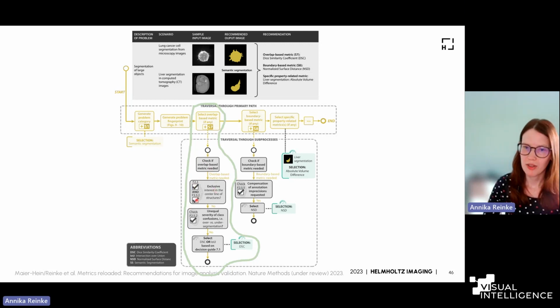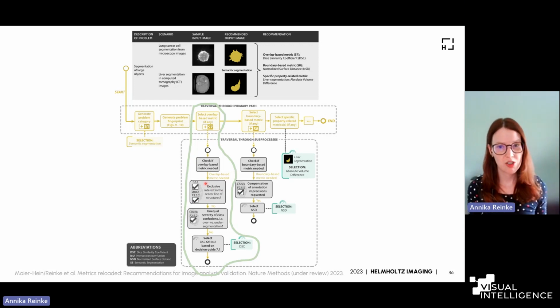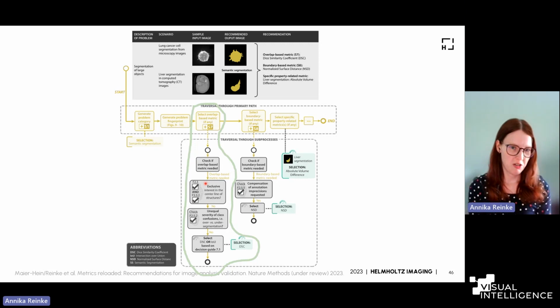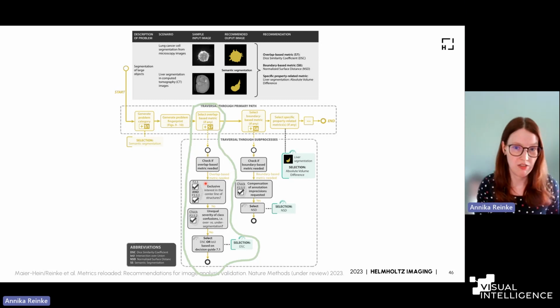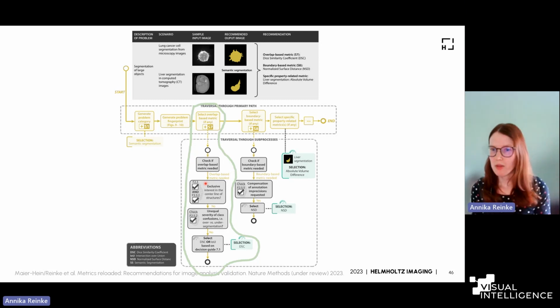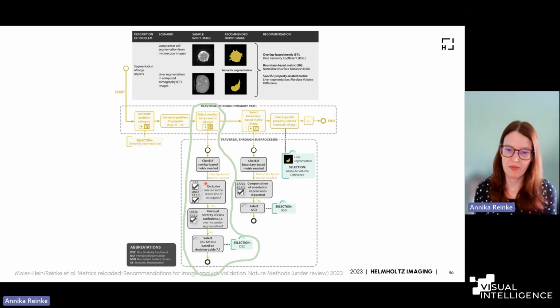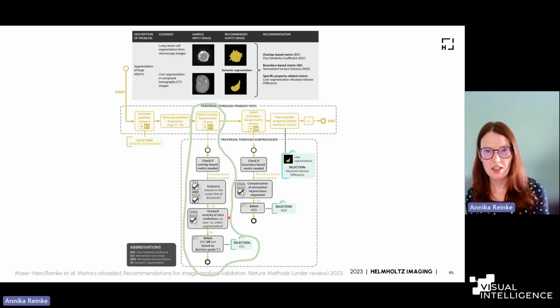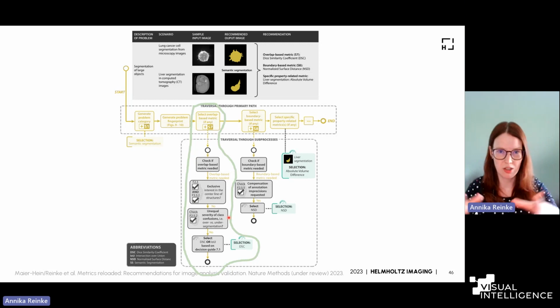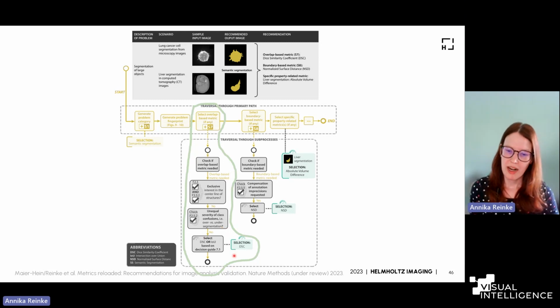And then we're going through the different questions of the fingerprint. So for example, are we exclusively interested in the center line of structures, which would not be the case in our large object segmentation case. But for example, if you're looking at airway trees or trees in general, or vessels or something like this, then it would be beneficial to only look at the center line. Do we have an unequal severity of over-segmentation versus under-segmentation? So whether we're segmenting always a bit too much or too small amounts of the segmentation, which is not the case for our example. And then we're at this bottom node over here, which says select DICE or IoU based on a decision guide.